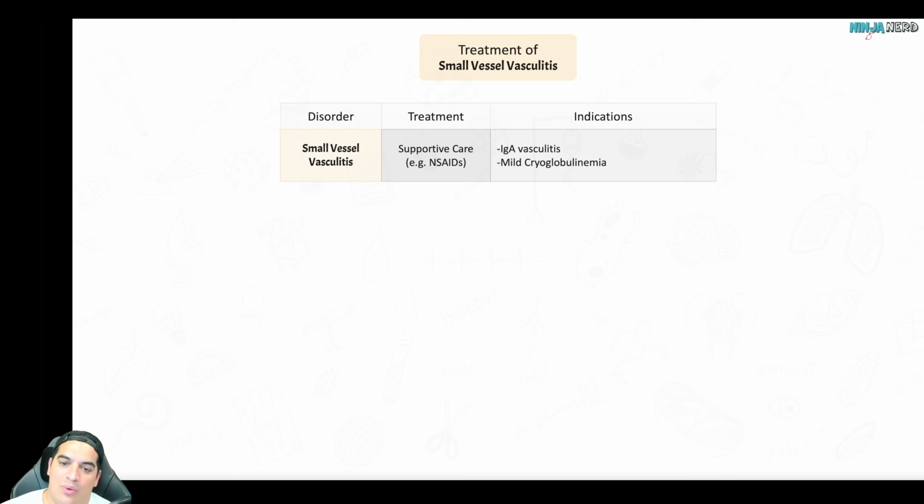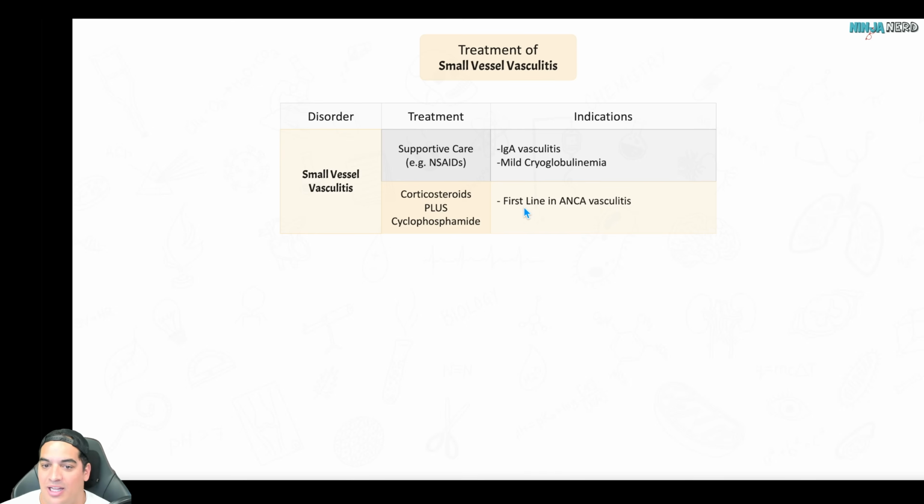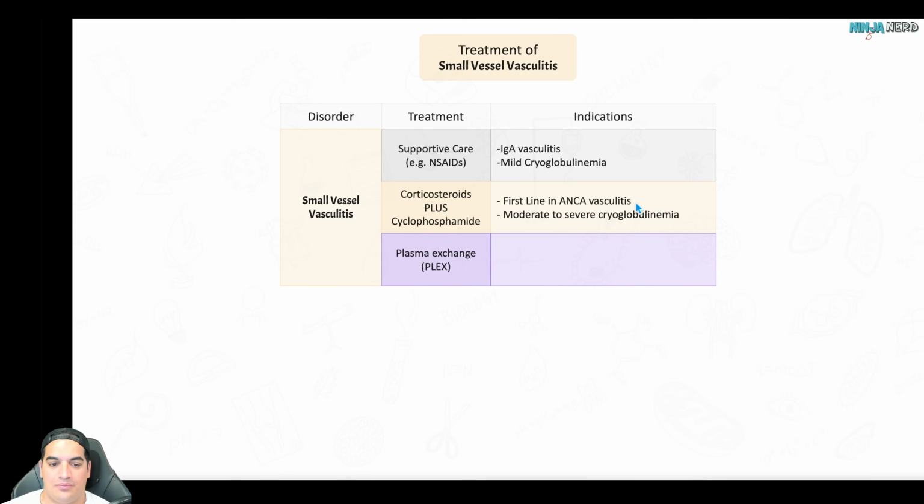It's when the patient has cryoglobulinemic vasculitis or any ANCA vasculitis that you need to go to corticosteroids plus cyclophosphamide. So you're seeing this one for PAN. Guess what else you see it for? I'd say moderate to severe cryoglobulinemia and any type of ANCA vasculitis. All right. The last treatment option for small vessel vasculitis is PLEX. The only time we would do PLEX is if a patient has ANCA vasculitis and they're developing diffuse alveolar